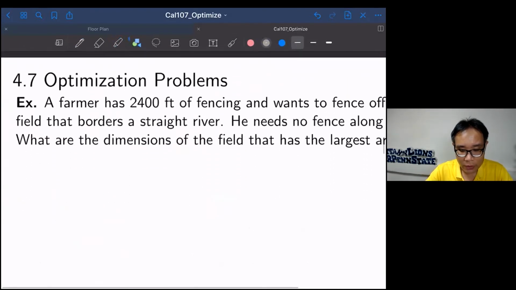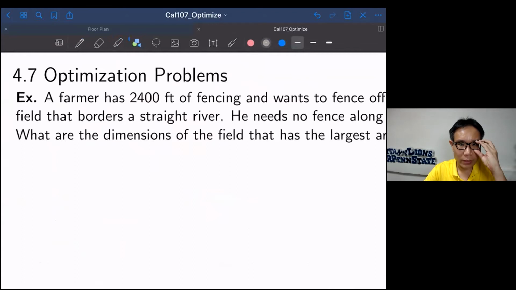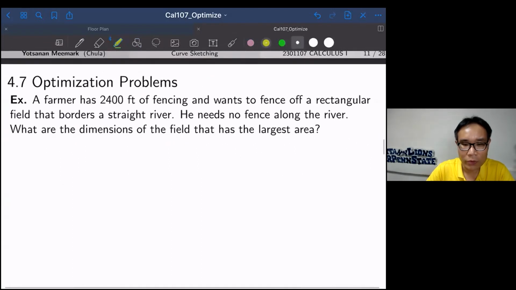Now we're going to use the technique that we studied in 4.1 in order to deal with the optimization problem. Okay, the optimization problem turns out to be a word problem. So you may have to read the question, and you may have seen this one in your high school before about the parabola. This one is similar, but we're going to use calculus in order to deal with this problem. The first one will be: a farmer has